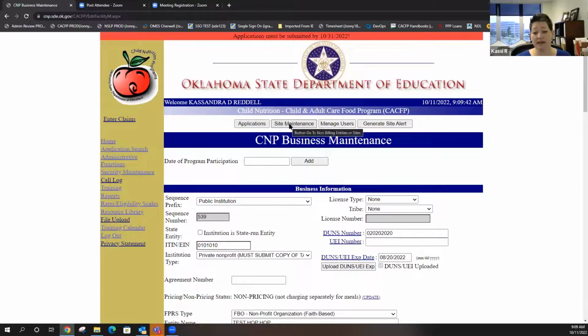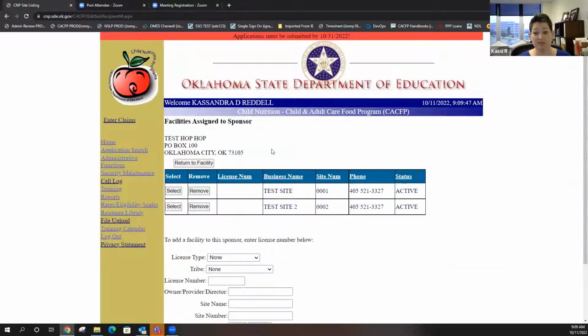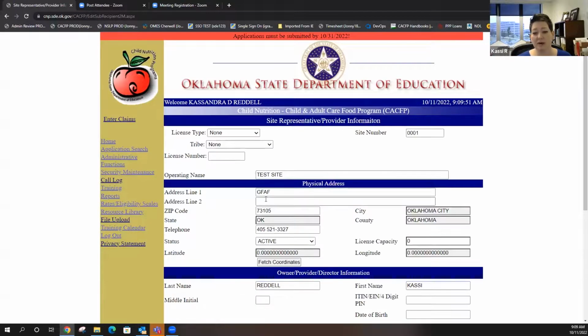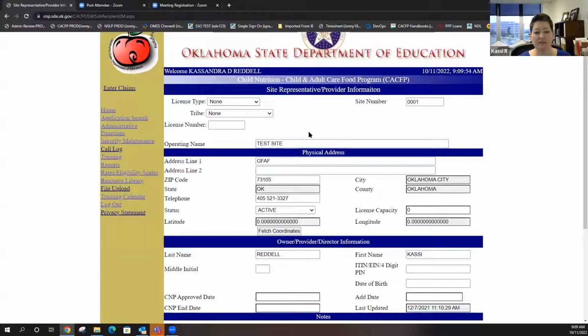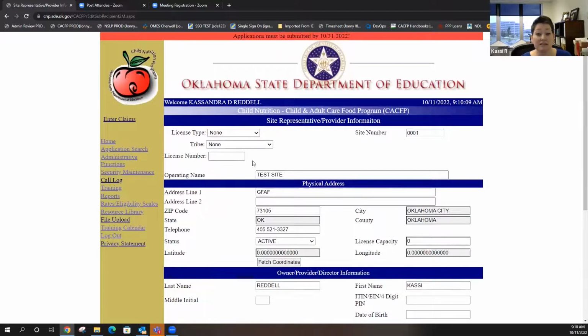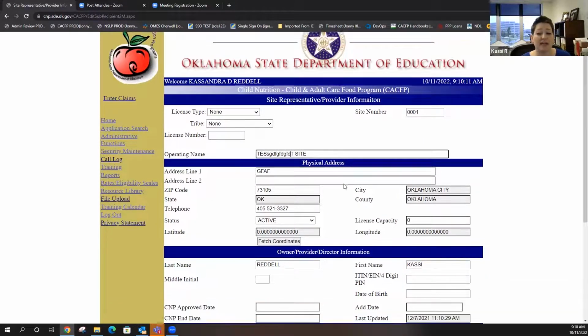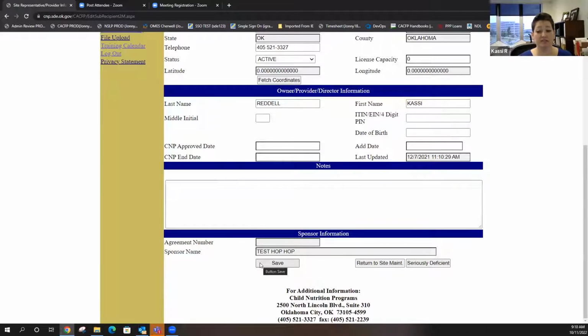If you're multi-sited, you will see this site maintenance page. That means you have obviously more than one site. You're a sponsor. And this is where you can go in to review your site information. We took your access away a few years ago just because we wanted to make sure we also had access to update this and make sure we have the right information on file. For your sites, if you don't have a site maintenance, if you're single-sited, this does not apply to you, but I know we have some multi-sites in here and I wanted to touch on it. It is deceiving. You'll go into this page, it'll let you type all day long, but then you guys will come down here to your save button and the save button doesn't work.